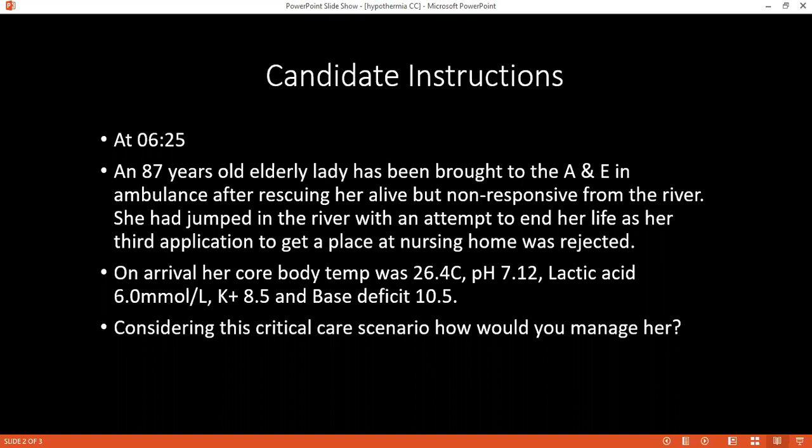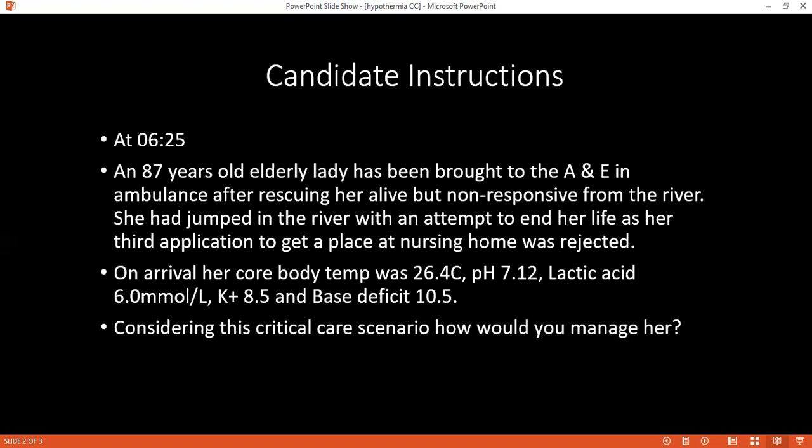Considering this scenario, I will manage the patient according to ATLS protocol. So I will check the airway, then breathing, ventilation, circulation, and disability, and as the patient is suffering from hypothermia, I will try to maintain his temperature by